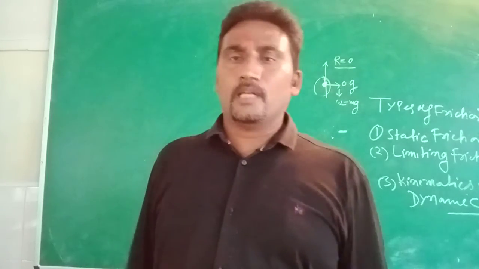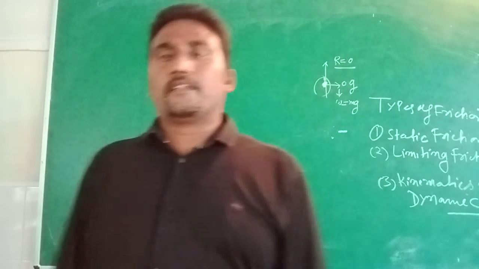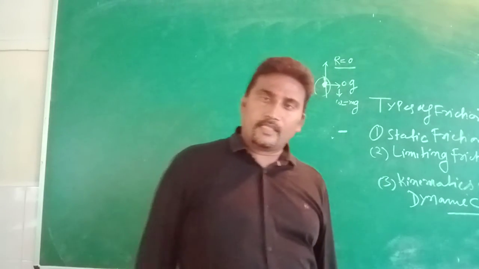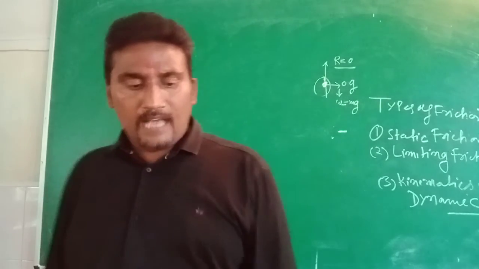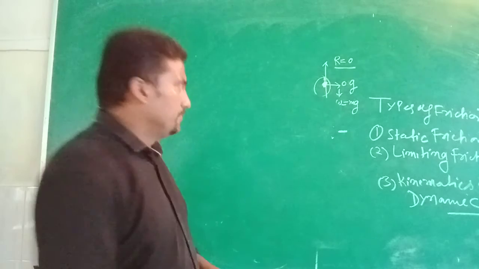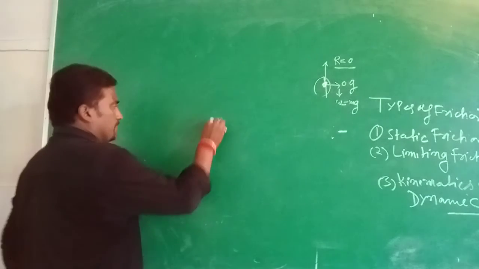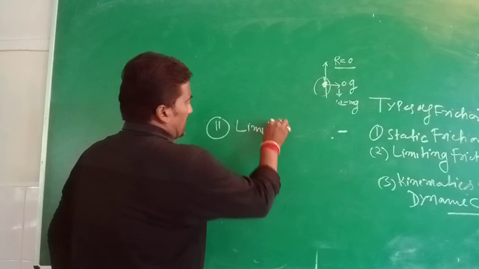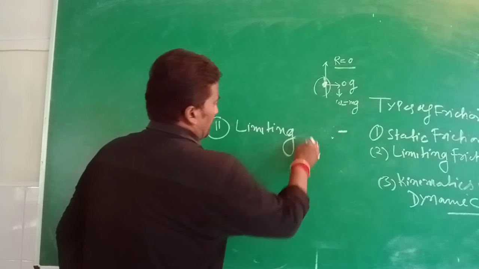and tries to come about in motion, then the friction is applied at the body. That was the limiting friction, that was the last state of the static friction, and the body also behaves as the motion. And the second important friction at the body is function at, that is known as the limiting friction.